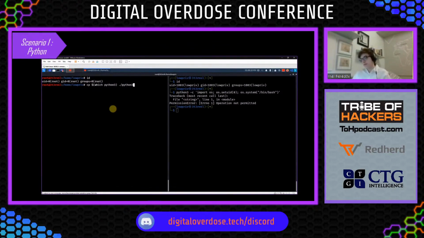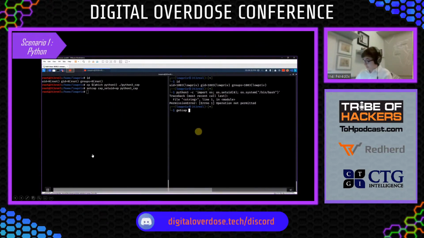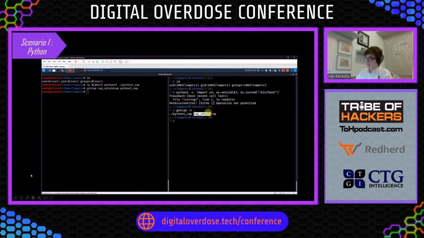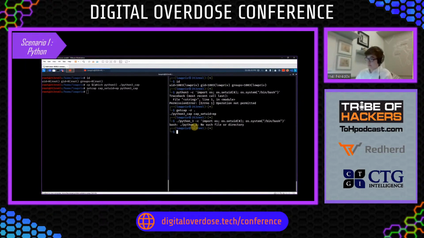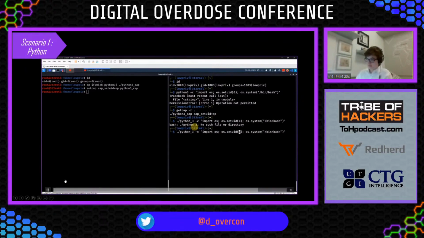So let's say root modified python3, and now it's python3 modified. And now we're going to set the cap of what? CAP_SETUID. We do that. We run getcap always to make sure that it's correct. All right, let's set it up. We run the command again. And when we do so, because we've bypassed setuid permissions,